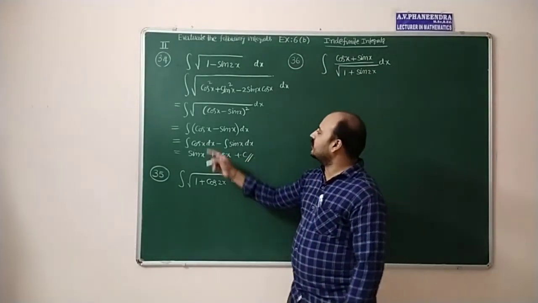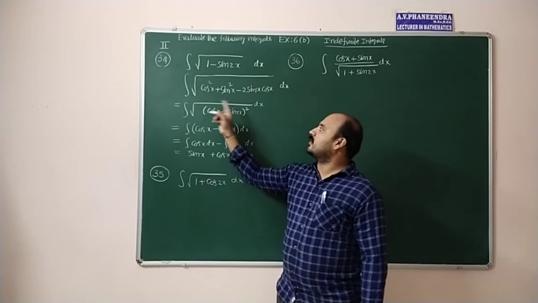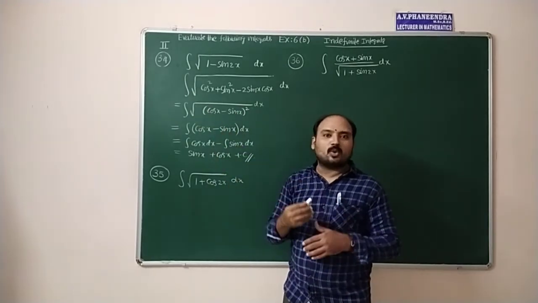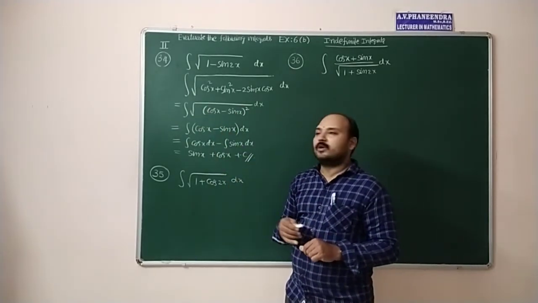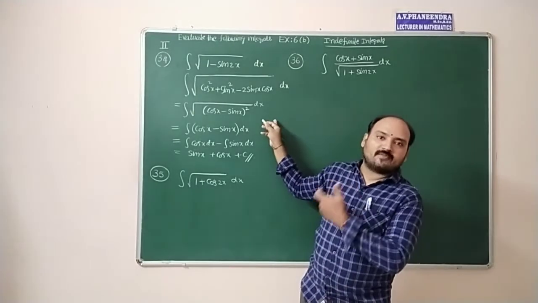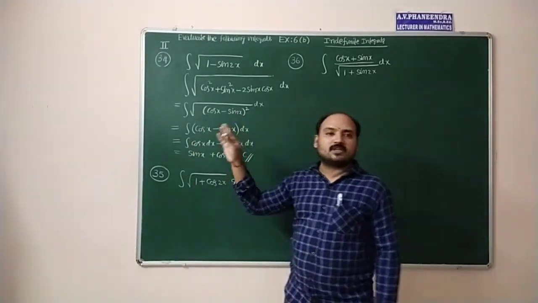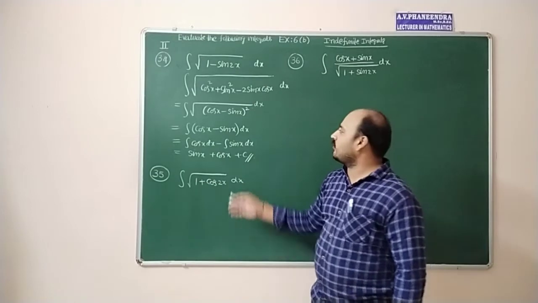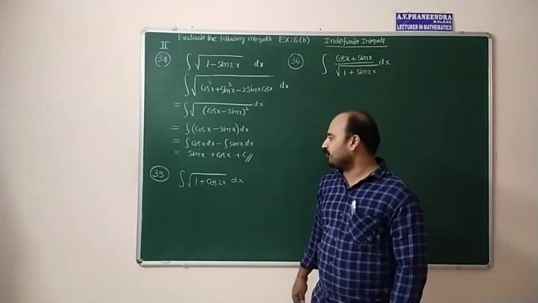So once again I am changing this. The square root of this one will be cancelled and plus or minus you have to write it. If they mention a particular interval, that time you have to go for whether it is compulsory plus or minus. Otherwise, generally you have to do that.